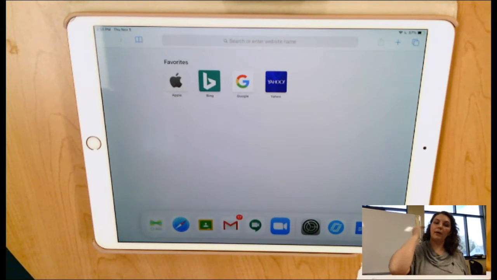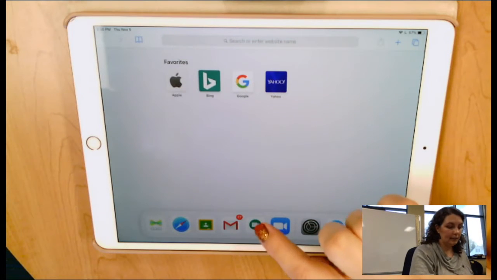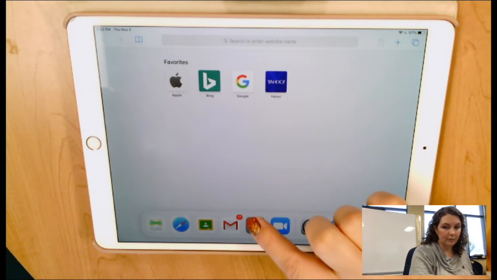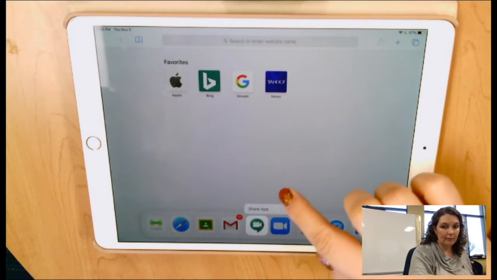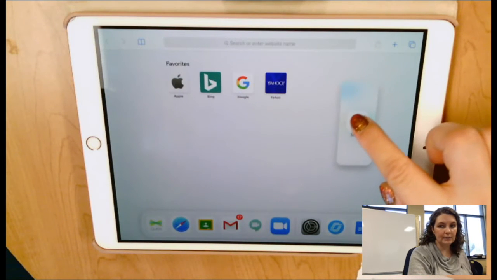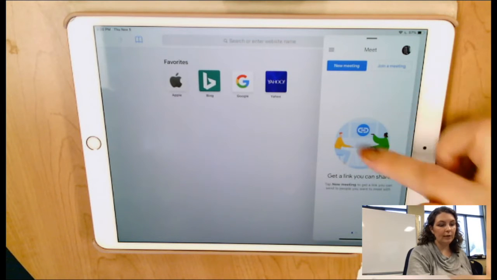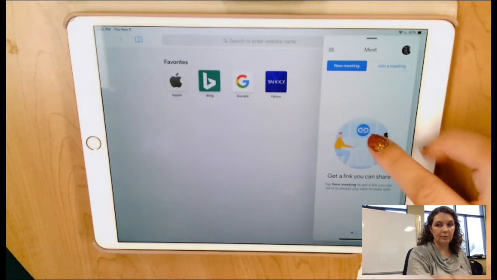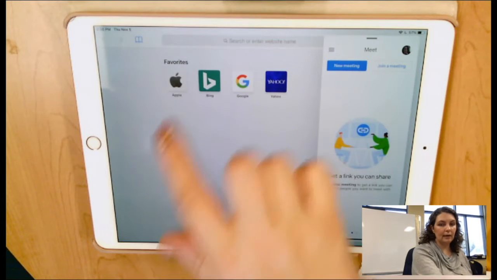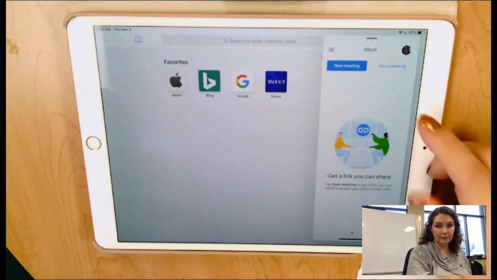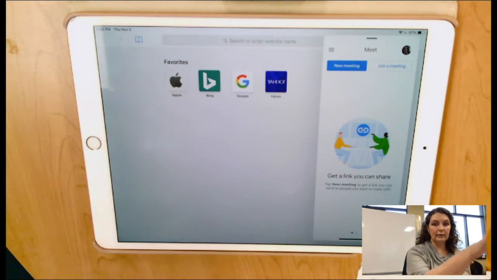All right, now if I wanted to then open another one, let's say it's Google Meet, I can then hold on the app I want to open, press down on it, and then drag it, and now you can see it wants to be on top of the other part of my screen. So if I were in a Google Meet right now, I would see the other people in my Meet on this part of the screen, and then I would also see whatever is in the other app in the background. And that is called Slide Over. Slide Over is an overlay. It lays on top of the other application.